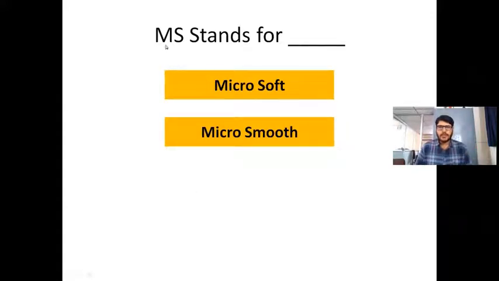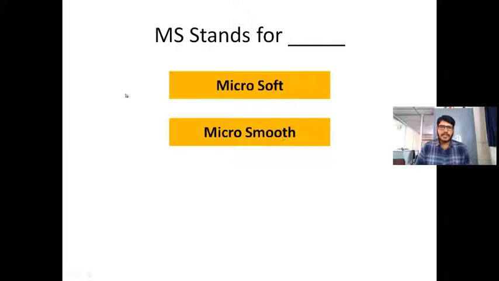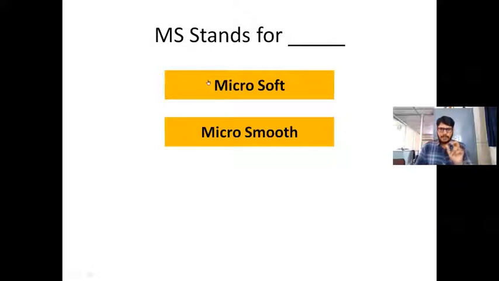Now it is showing what? MS stands for dash. So I need to choose the various options. As you can see here, when I move the cursor on it, the shape is going to highlight, right? You can observe the shapes are blinking, isn't it? That is nothing but those shapes are highlighting.